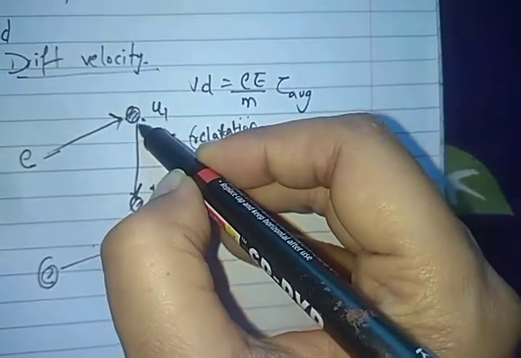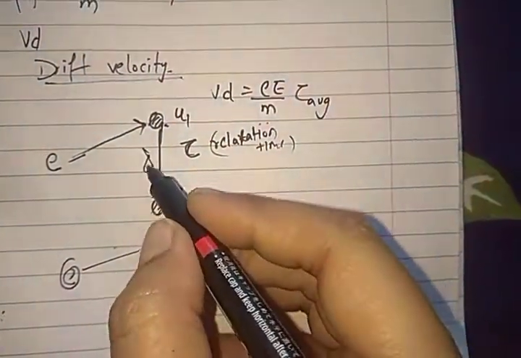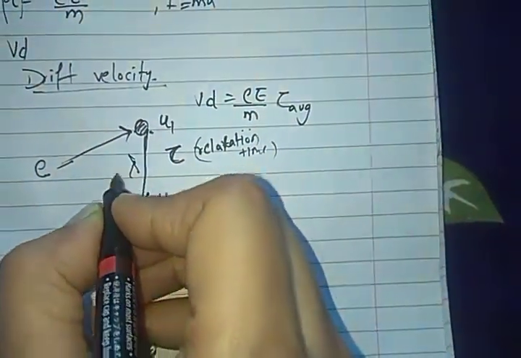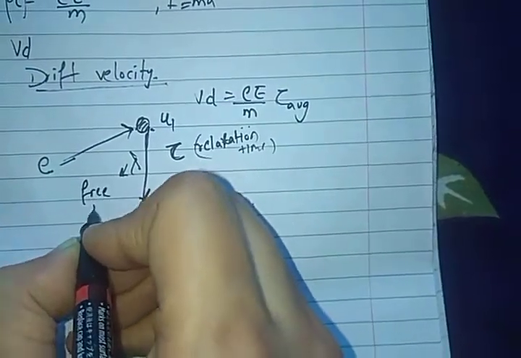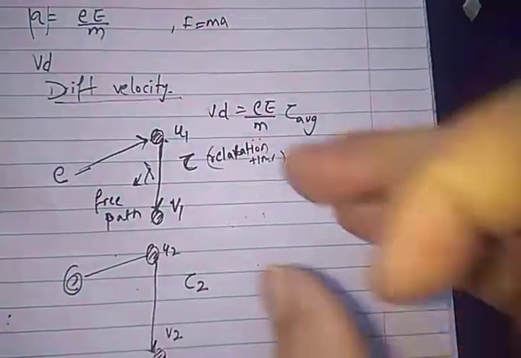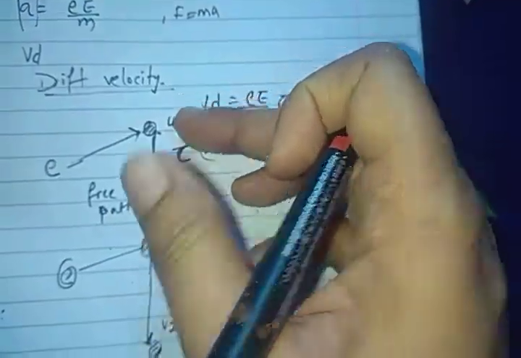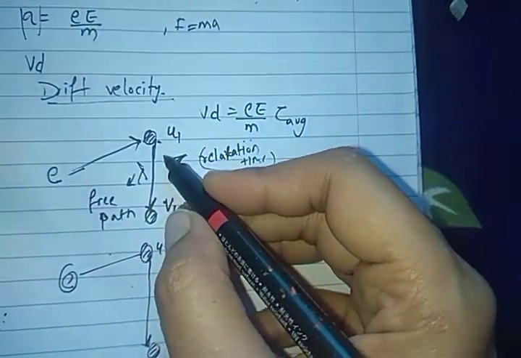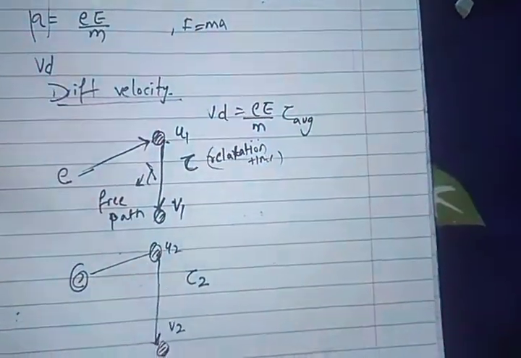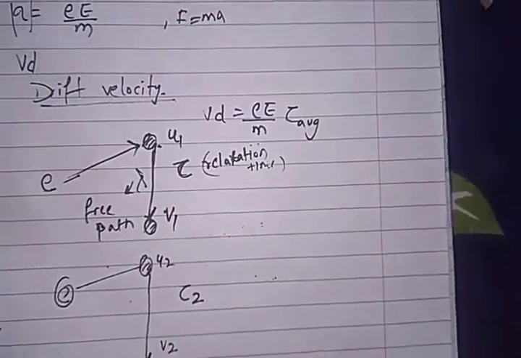And this path which the electron covered is known as lambda. The path which is covered is known as lambda. It can also be known as the free path, in which there is no kernel to collide with. Relaxation time and free path, both terms are used in between collisions. Tau is a relaxation time where no collision takes place between electron and kernel. Now let us draw the diagram again. So here we will be deriving our next derivation.